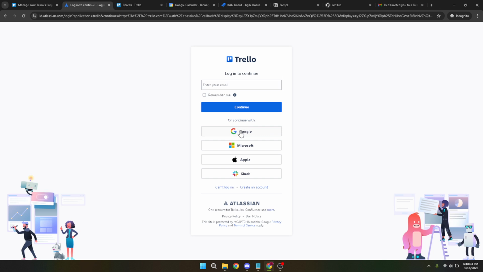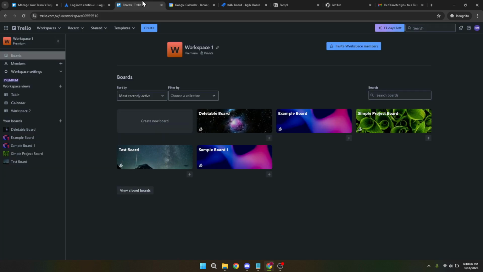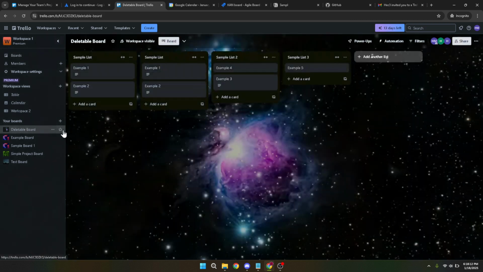Now that you're logged in, let's head over to the specific card you want to link from. Navigate to your Trello dashboard and choose the board that contains the card you're interested in. Click on your desired board and then the card itself. This will open up the card in a detailed view, allowing you to access its settings and other options. Look towards the bottom of this panel and you'll notice a button labeled Share. Clicking on it will open a menu with various options related to sharing and linking the card.